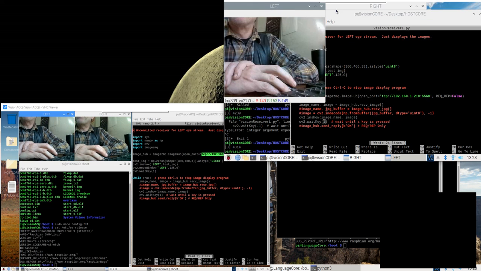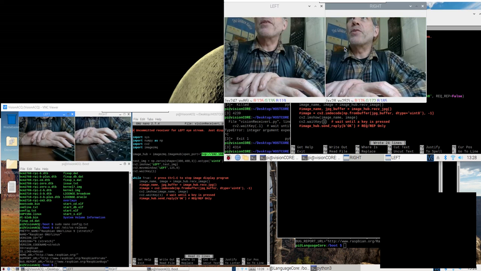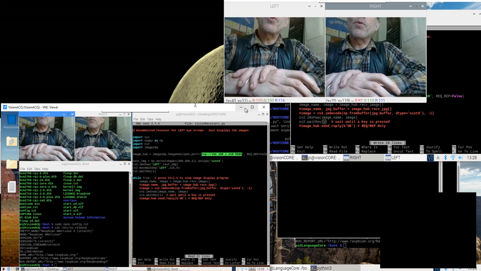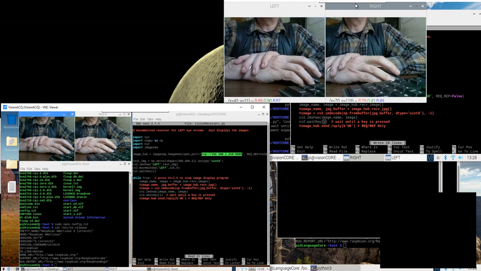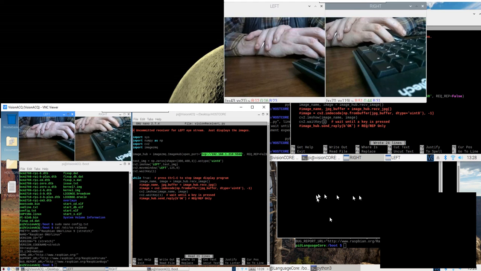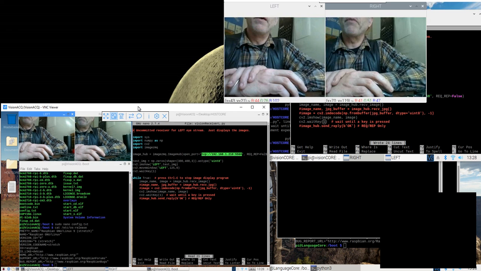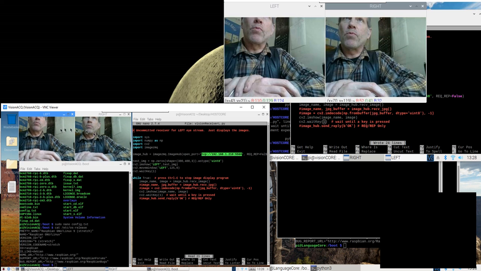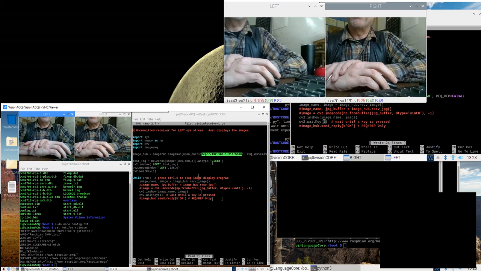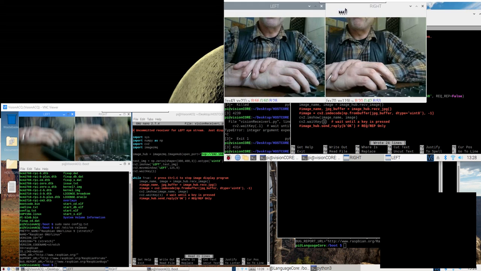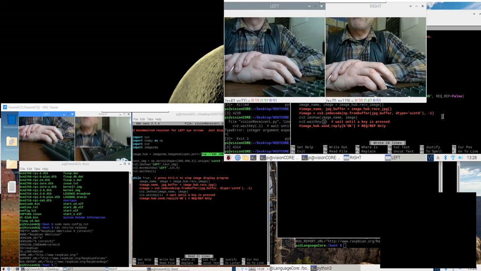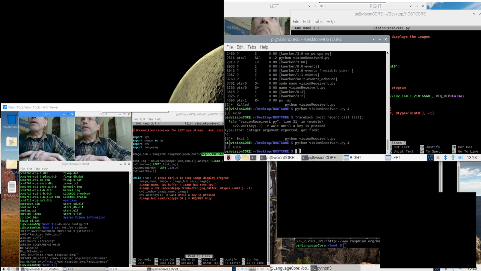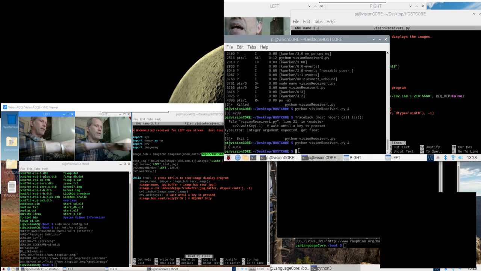The problem that I'm coming up with, though, is that it is substantially slower. Now this is happening on a Pi external to what's happening. I'm using VNC to view all of the Pis that I've got running, and I have several of them running. These images are all running on the same Pi that this script is running. These images are running on a different Pi, and they're being pulled in using ImageZMQ. The other thing that is happening on this Pi is